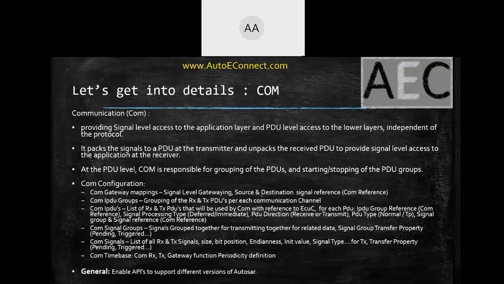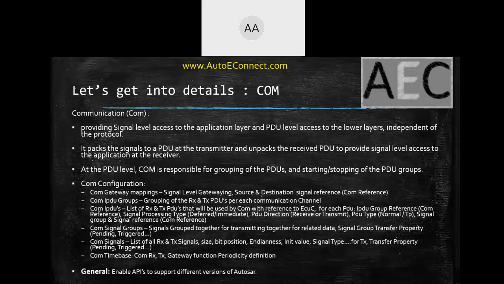So if somebody asks what the total number of PDUs used in your ECU is, you can directly go to the ECUC module and see from there. You will be able to see all the PDUs, irrespective of whichever communication channel and whichever BSW module is using them. You will find the list of all the PDUs here. And in each BSW module, you will give a reference to the ECUC for the use case. And like we have discussed, we have RX and TX.